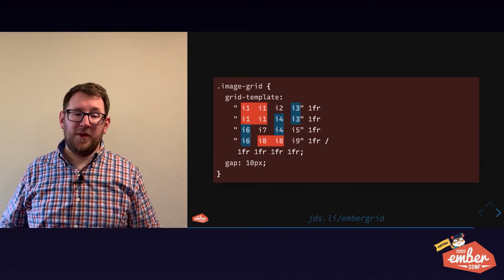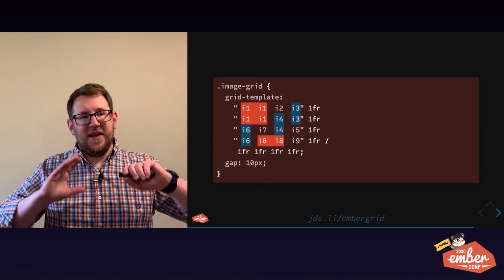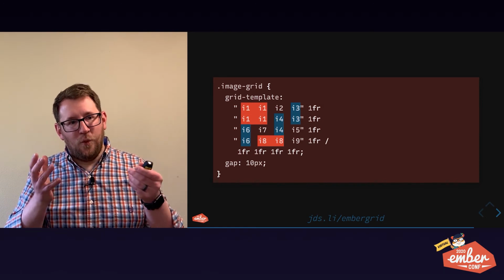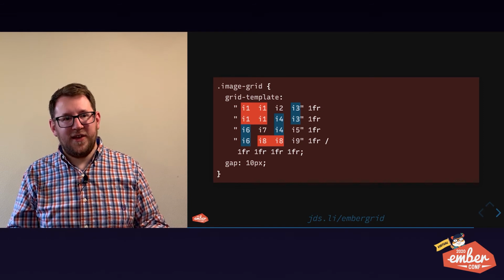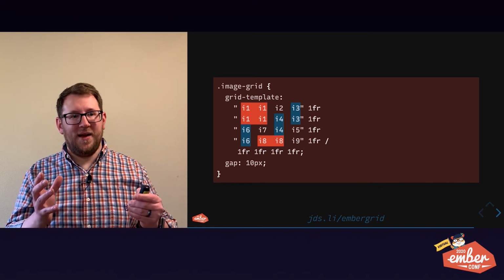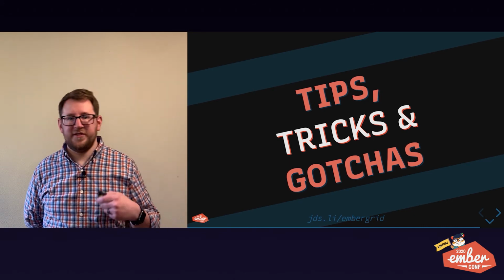And when you use Grid template with the row heights down the edge and the column widths across the bottom, it's all legible and manageable in 1 chunk of text. Your CSS looks like your layout, and it's all in 1 block. I love this. So last thing I want to cover for you is a couple gotchas, some tips and tricks